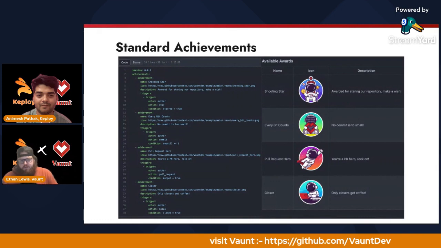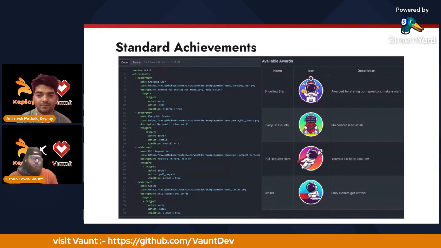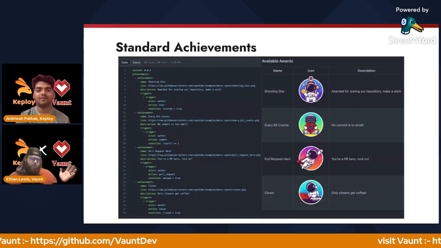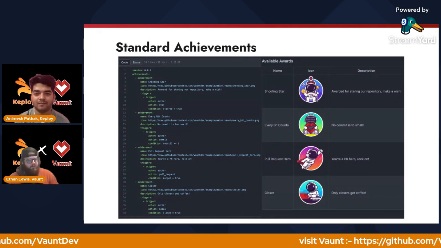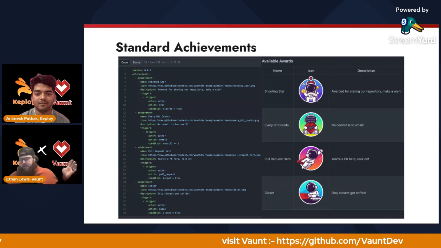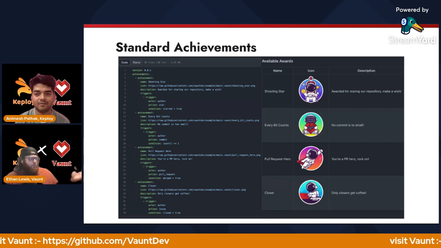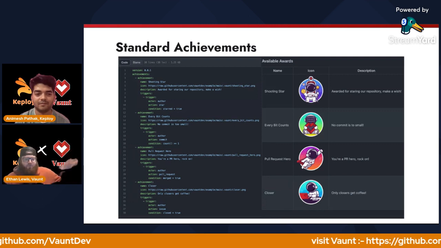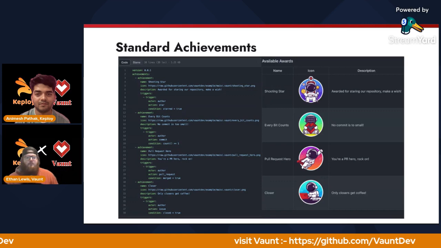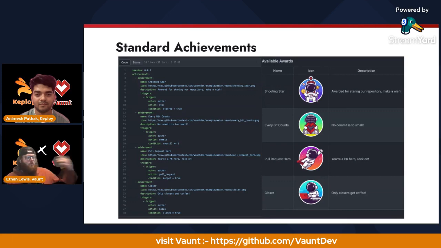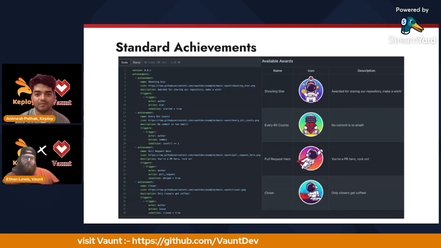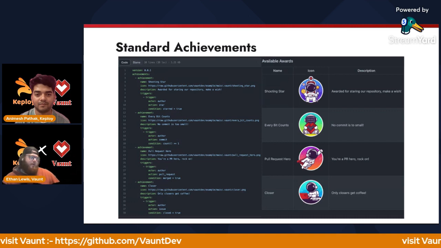Vaunt offers a number of achievements. What we're looking at here are the standard achievements that we push out for a lot of repositories. These are free achievements that anyone can get started with. Anybody can add these to their repositories. We made these to align with a handful of really approachable KPIs that we thought developers would push out. On the left here, you have an example of the achievement manifest that gets added to your repository. We have 4 or 5 listed here.